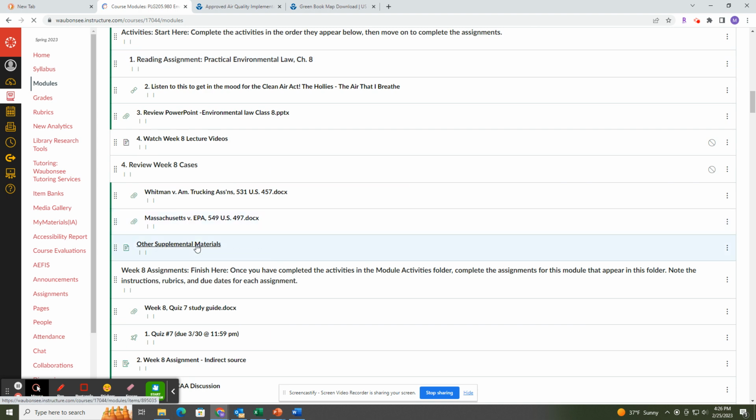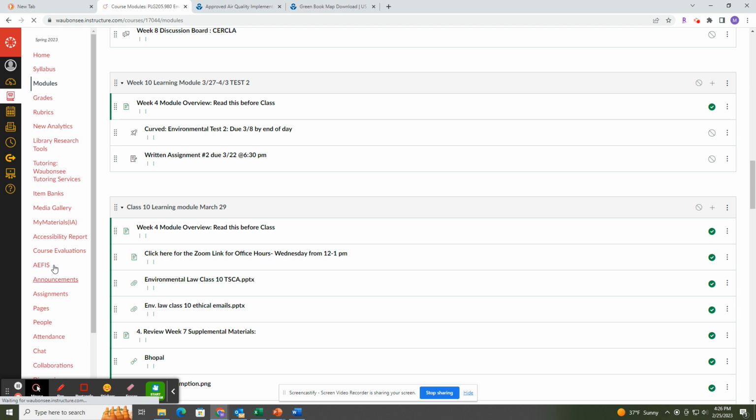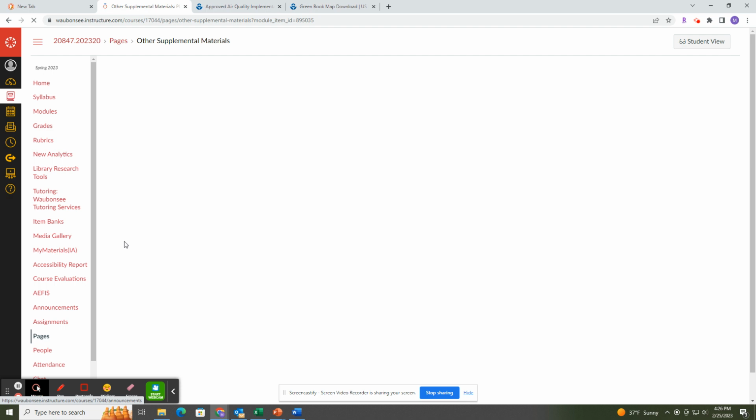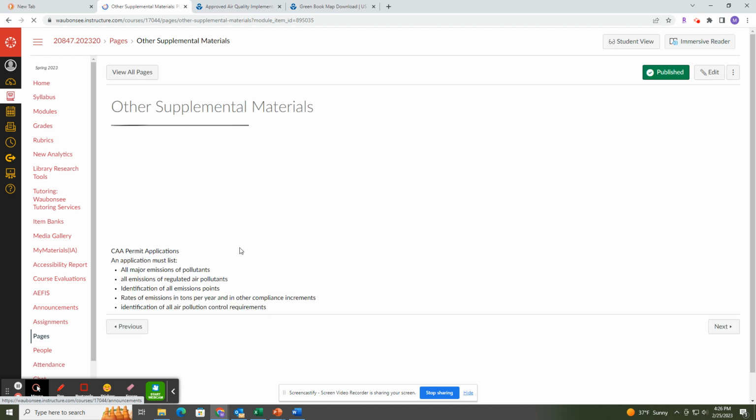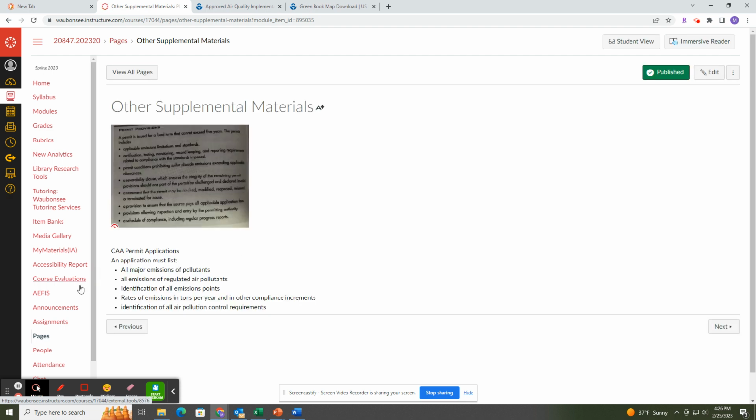Under this other supplemental materials, and if you can't see it on the screen, you can pause me and go to your module and look under other supplemental materials. And there's just a little scan, kind of a terrible scan. But then I have it written out too if you can't see. So, oh no, that's the permit provisions.